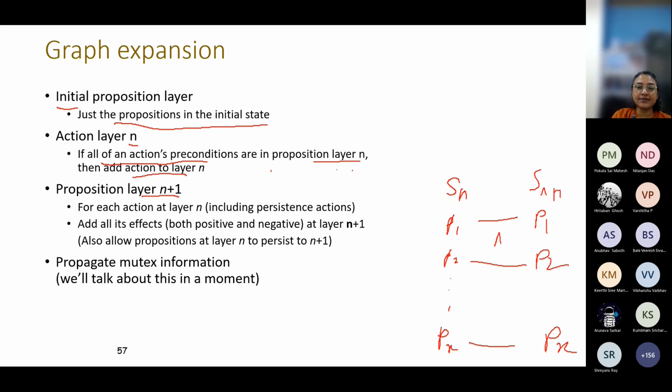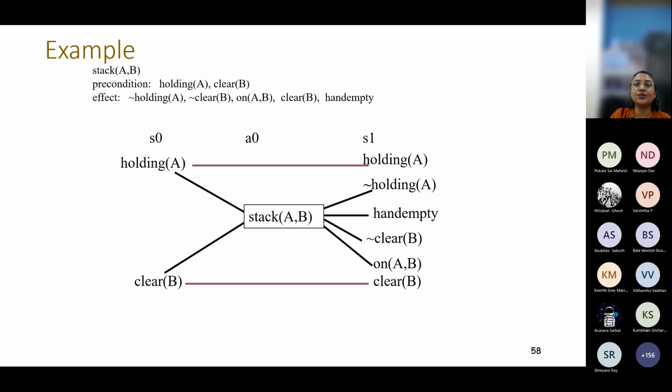Now, this much is quite simple. Next, we will describe something interesting: we are keeping all the actions which can be obtained, but as we saw, all actions are not compatible. So this is the interesting aspect of this data structure. In the data structure, we capture certain mutex information, that is, mutual exclusivity information, and that is what we will discuss. So pairwise mutex is incorporated into this graph.